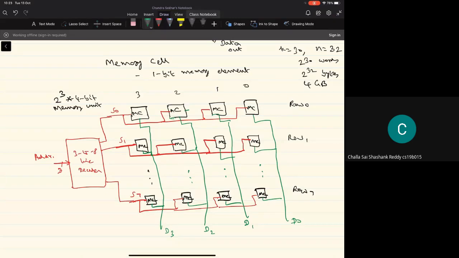So if row 0 is selected, only the cells in that row can have their outputs available on the corresponding data lines. The outputs of all other cells in the memory unit will be electrically disconnected from the data lines. This is what is done in order to perform the read operation.